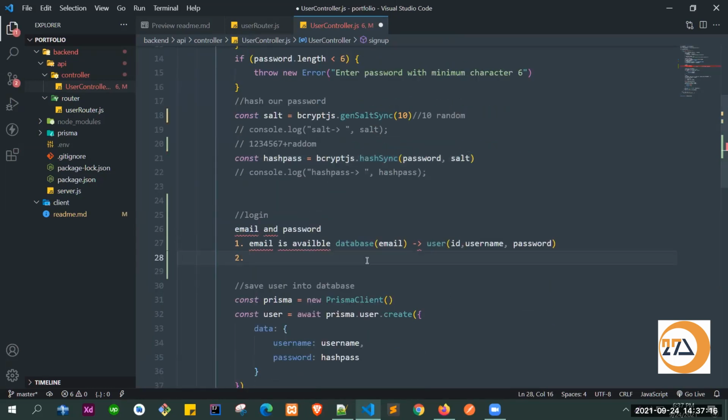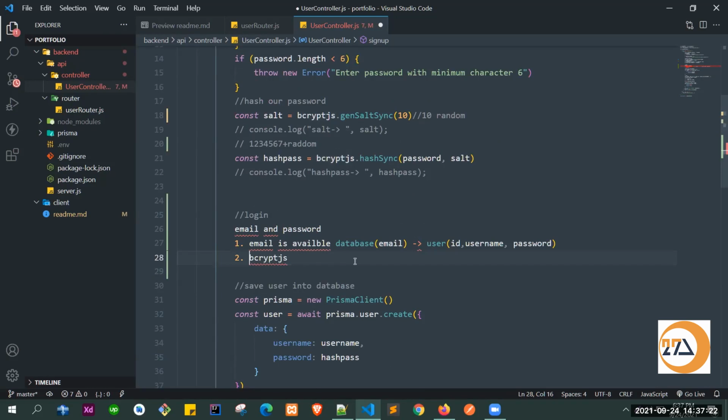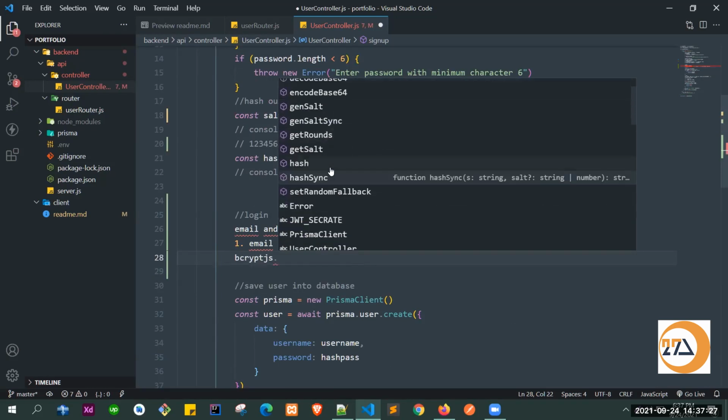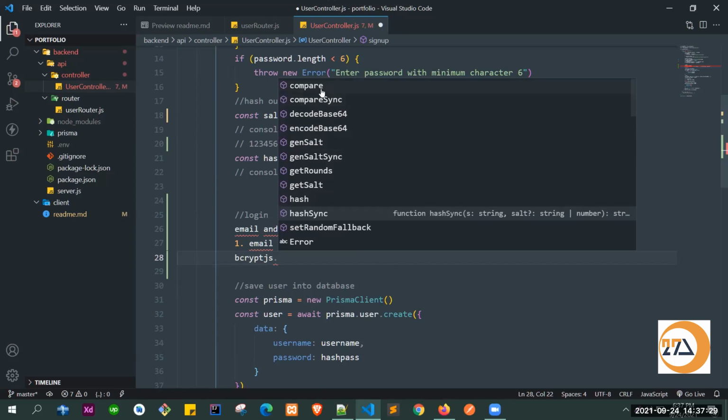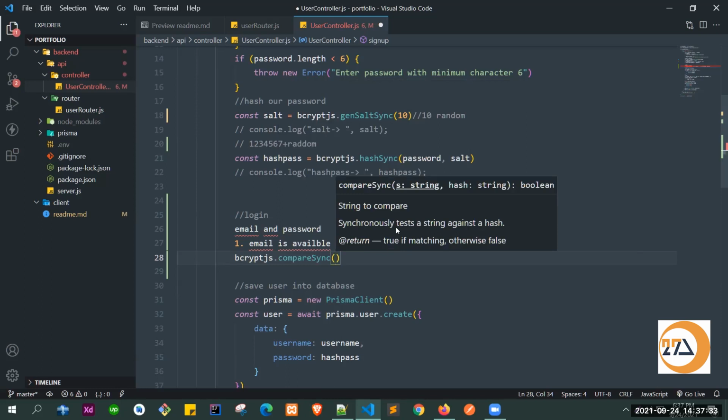After getting back the user information, we will use bcrypt.js. As you can see, we have a function like compare. Let's say compareSync, which takes a string and a hash.